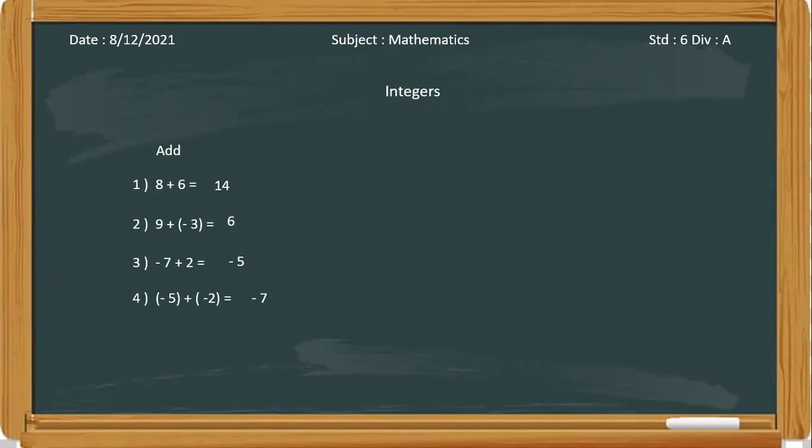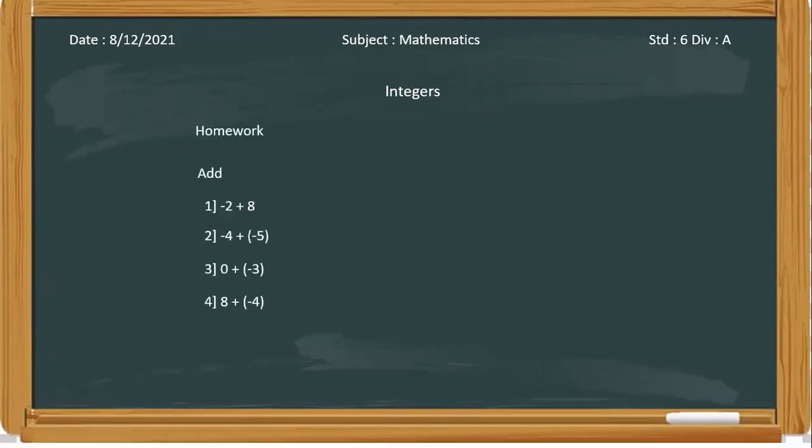See, now you have understood this topic. So in the next lecture, we are going forward with the subtraction of these integers. Now, homework problem. Note down in your book and tell me when you have noted it down. Done. So this is it for today. Topic: addition. Any doubts? No, ma'am. Okay.